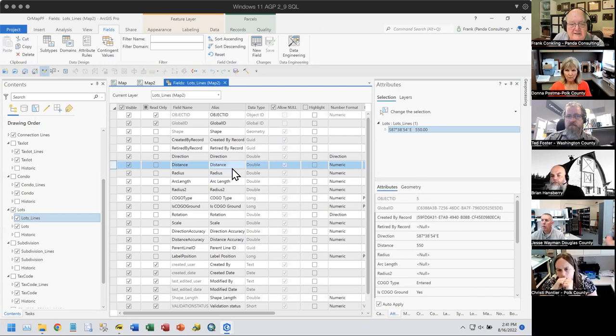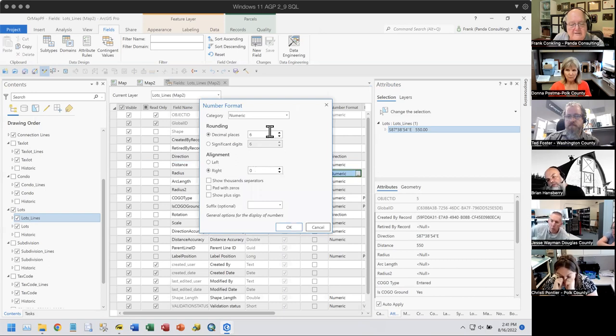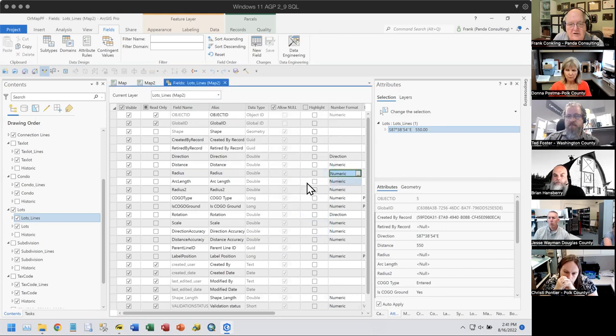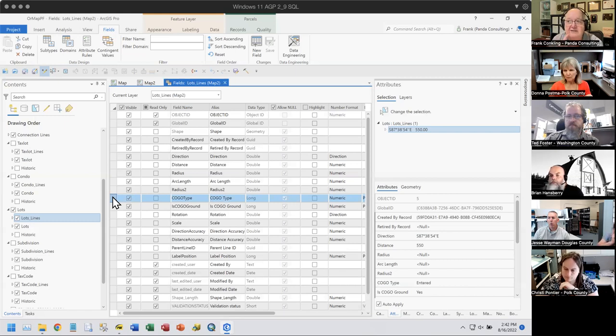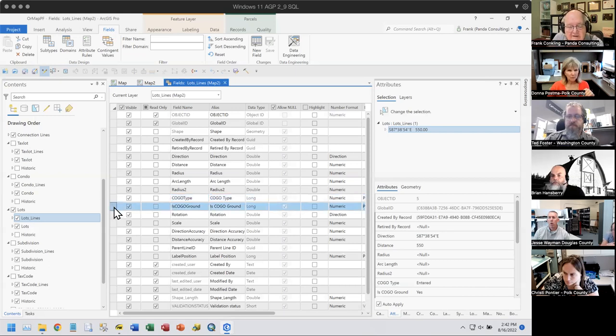And so these number fields, again, you can tell it what precision you want to represent it at, whether or not you want to have separated stuff. But the most interesting thing is this field here. There's an attribute field on every line feature class inside the parcel fabric called COGO type. We also showed that the COGO ground, rotation, and scale fields, they're populated when you utilize the ground to grid